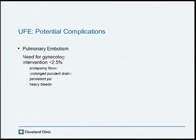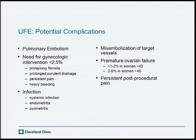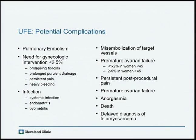When I also look at the world's literature for potential complications that a gynecologist would see, I'm also listing in this slide all of the things that are listed here, and overall the percentage of complications are low. Our patients nowadays are actually ambulating sooner, so the risk for a pulmonary embolism is present, but it seems to be less than more than a decade ago when we kept sandbags on the groin and kept women at bed rest. So many of our patients are going home in 6 to 8 hours or with a 23-hour